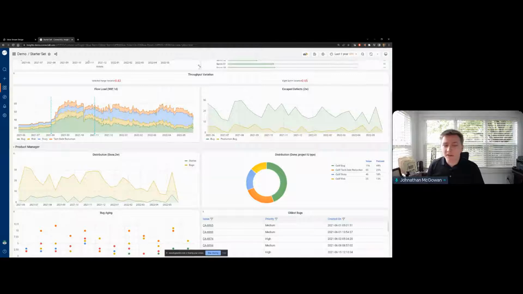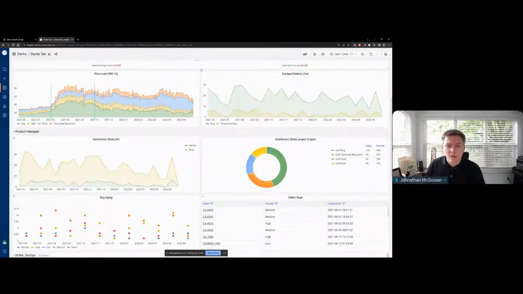And understanding, like I said, that throughput is important and how fast you're able to get those things done. But you also want to look at the balance of work. You also want to look at what's actually being worked on. In this case, we have two different projects that are being looked at, and we're looking at different things like the bugs and the risks and the stories and the tech debt that's been identified in each of these different projects. And you can see here over the last year,